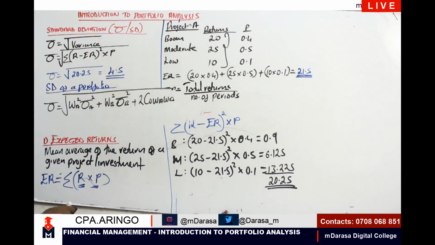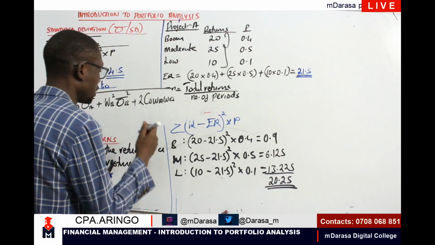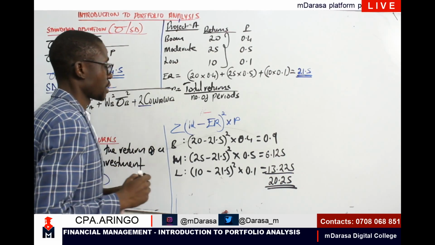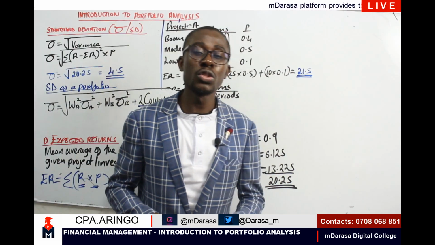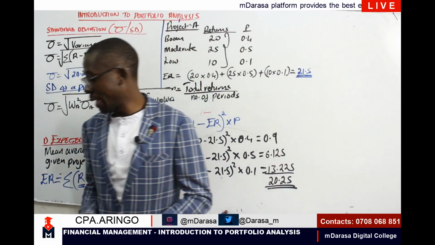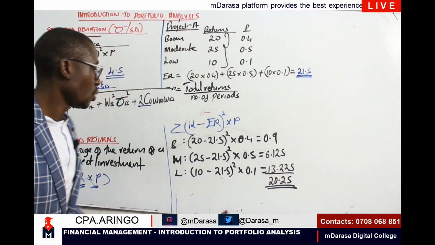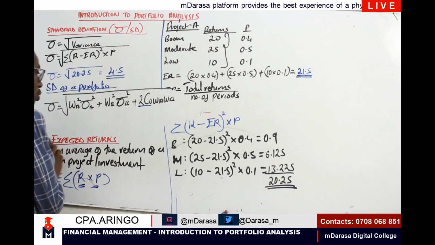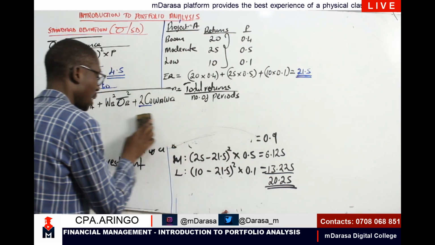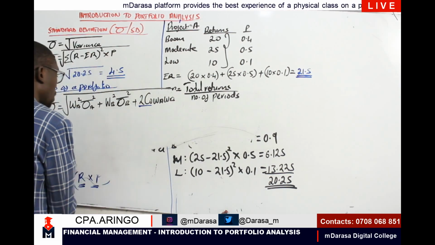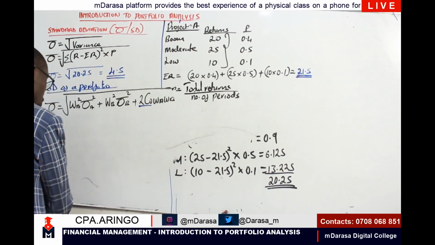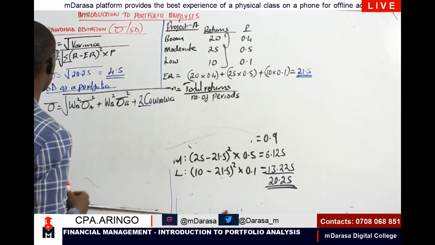At this point, we are introducing this item known as what? Covariance. Or also known as what? Correlation coefficient. So anytime you are talking of correlation